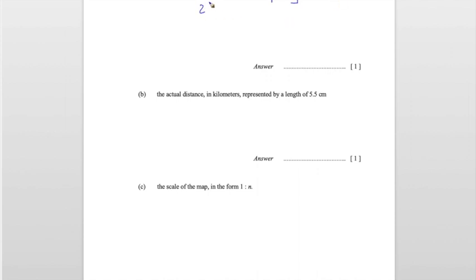Therefore 25 km square is represented by 25 km squared times 4. That gives us 100 cm squared. And now we have to find the actual distance in kilometers, represented by 5.5 cm. So now we have to find from here, we have first 4 cm square